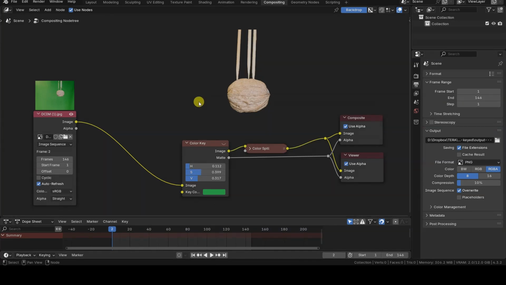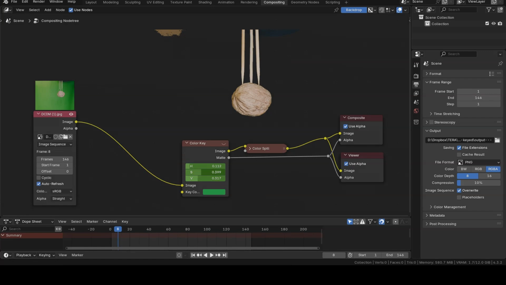The interesting thing about performing this operation in Blender is that the node values can be animated, meaning I can set values that work well for the first frame, keep them as long as they are effective, and then modify them if they no longer work for a specific image.